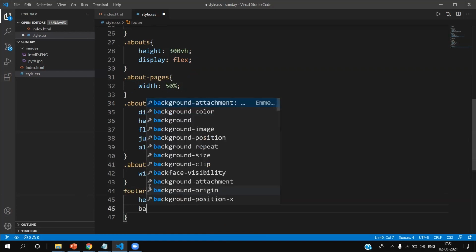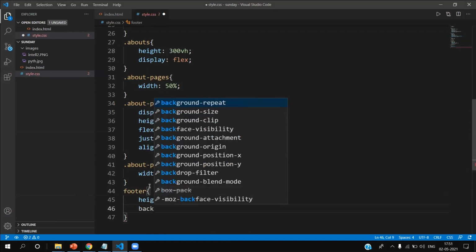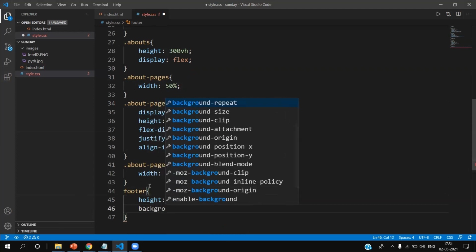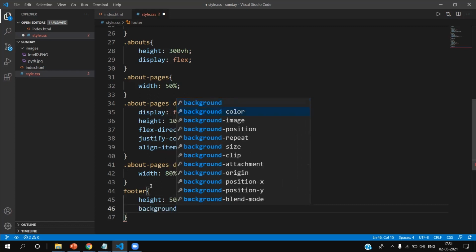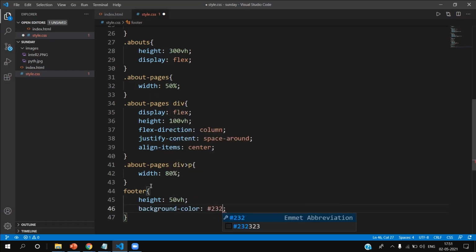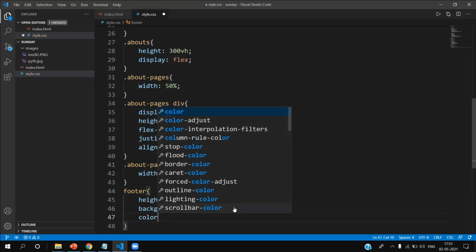And background color, let's give the same color as ash 232323. So let's see and let's change the color of it.